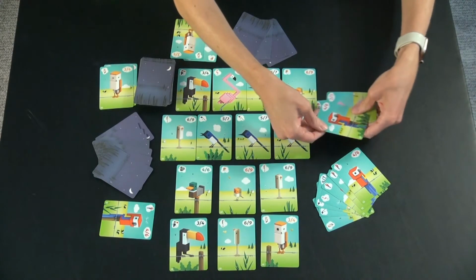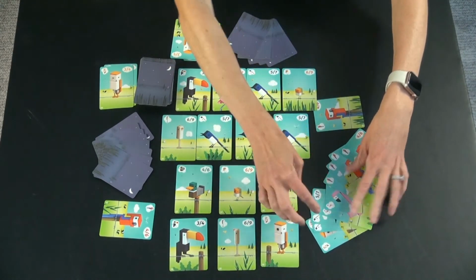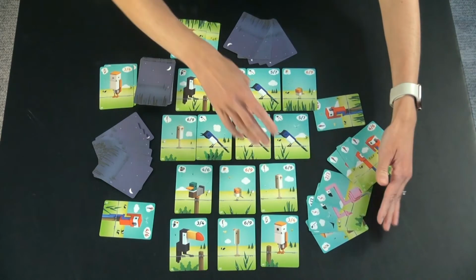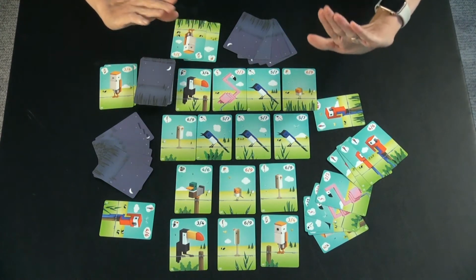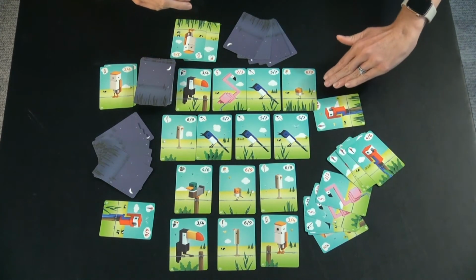And they got very lucky and they completed 2 of their sets. It only takes 4 to complete these and 2 to complete these. So they have 2 complete sets of birds. However, now they can only choose one of them that they want to play as a species down at this